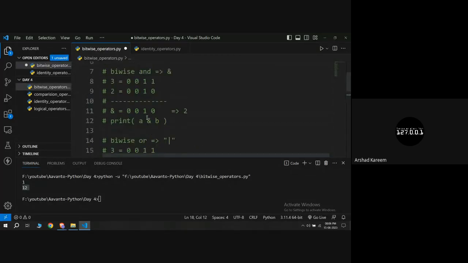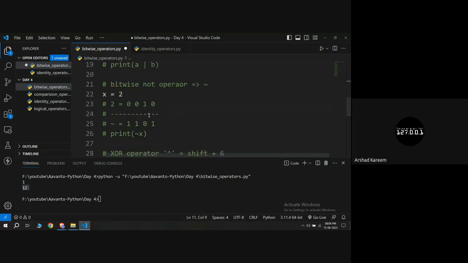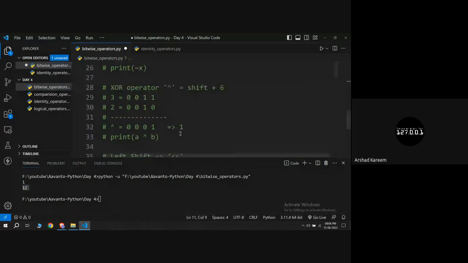Whereas in the case of the AND operator, if both bits are 1, then I will get output as 1. If any one bit is 0, then I will get output as 0. That is the bitwise AND operator. Whereas in the case of the NOT operator, we convert zeros to ones and ones to zeros. It's the exact opposite. And we have seen that in the XOR operator,